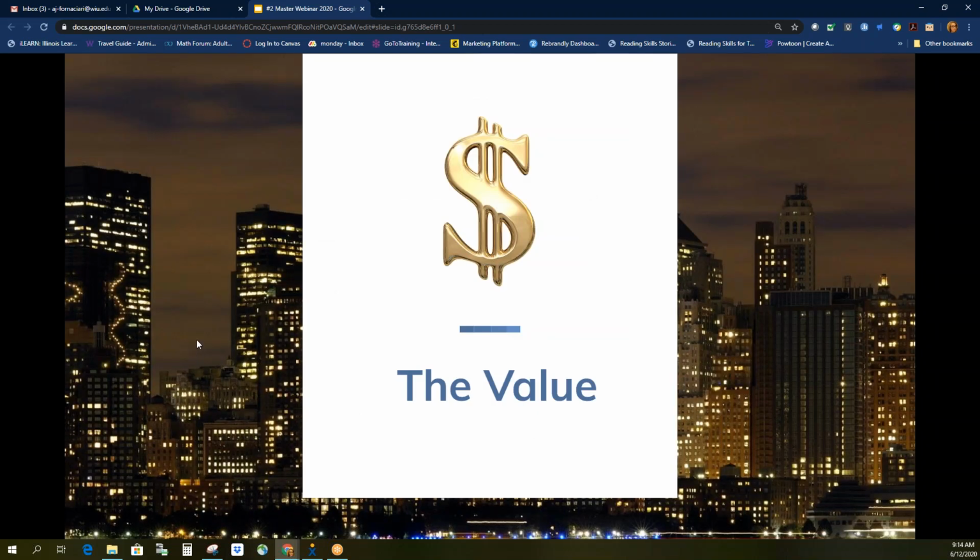So what's the value of walking through this tool? Why spend time on resource alignment and revision, right? Adult ed programs typically have a budget for materials that they use, and sometimes that budget is not very extensive. So we have what we have, right? And so there are things in our library or in our resource that we've either been told to use or told this is what's at your disposal.